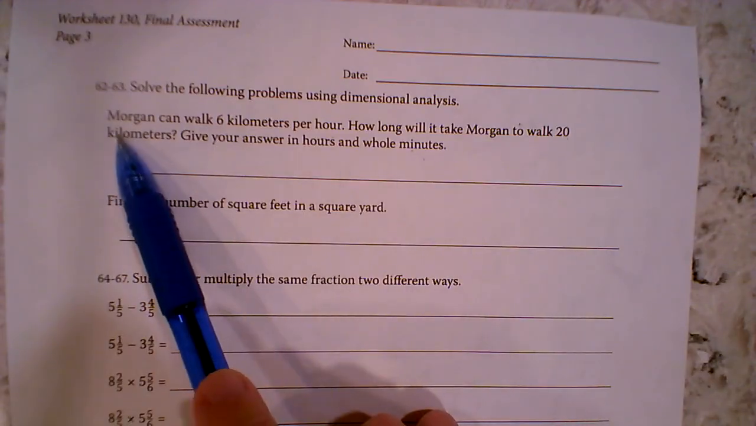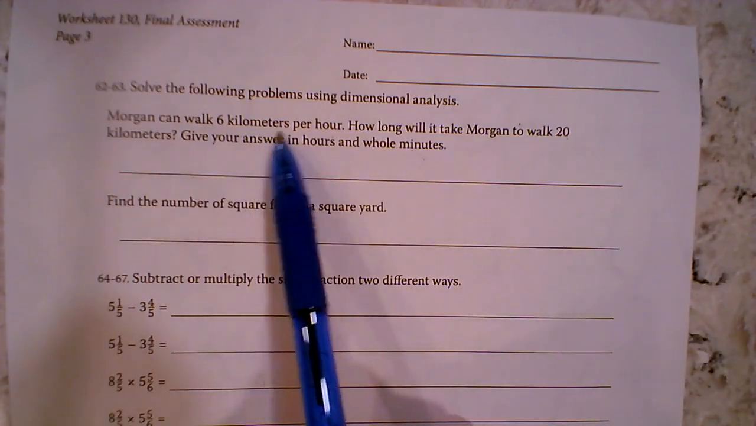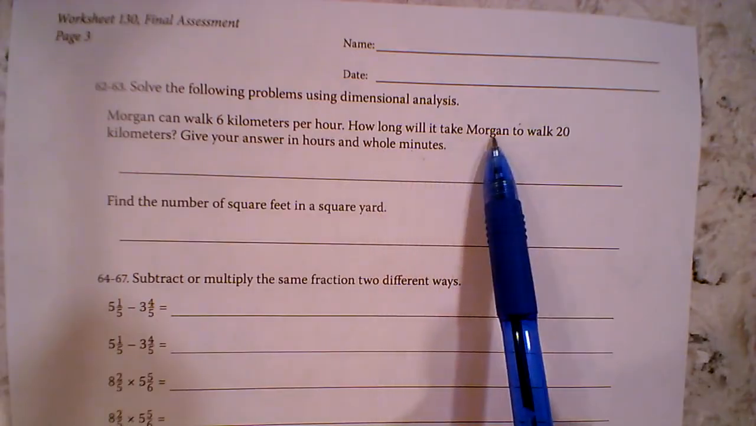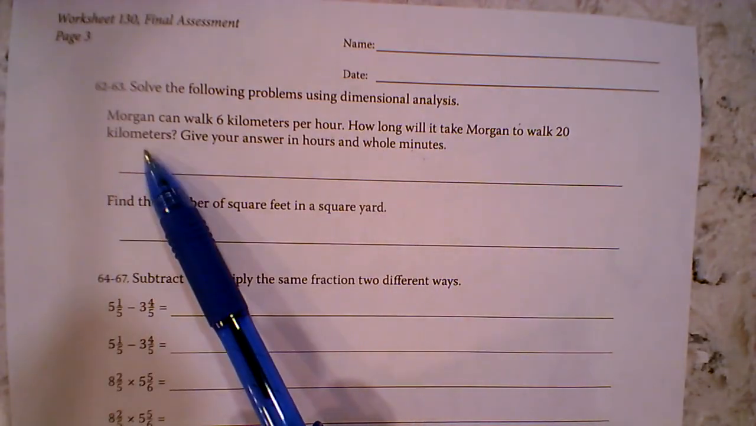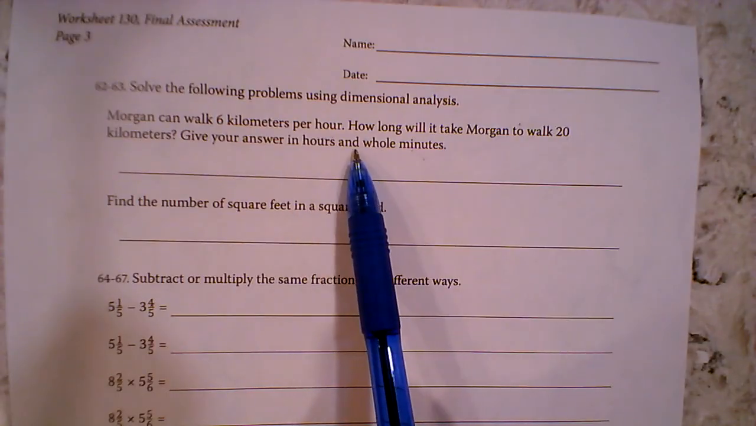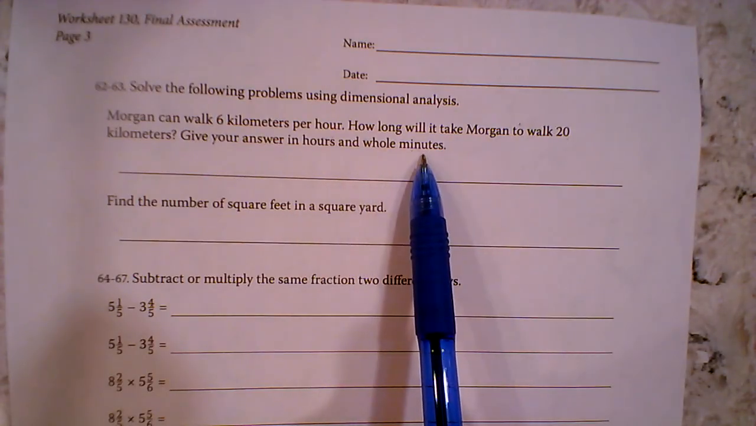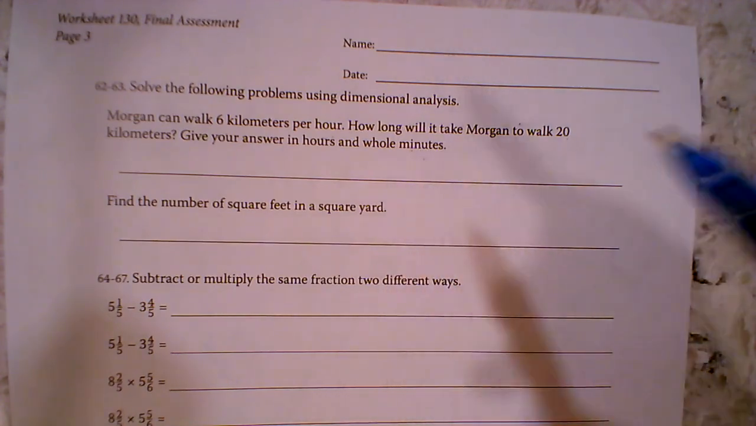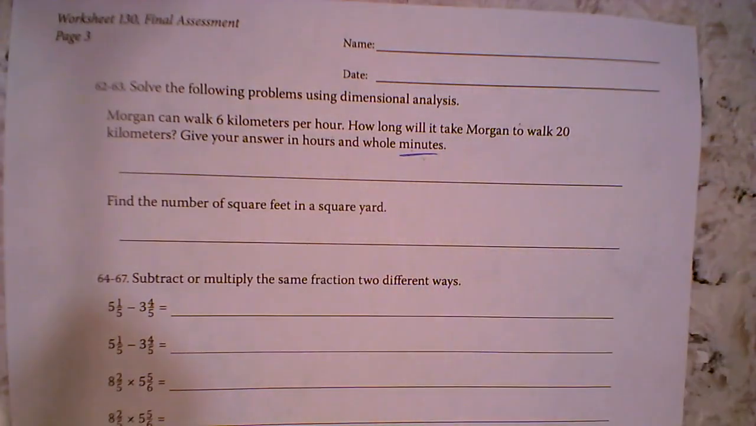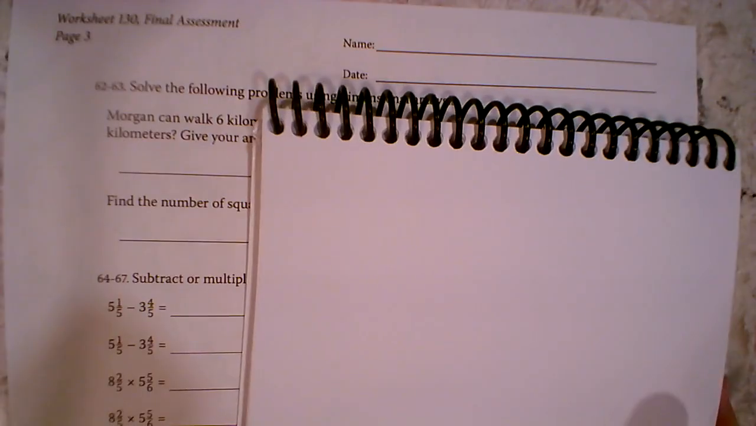Let's read the first one. Morgan can walk 6 kilometers per hour. How long will it take Morgan to walk 20 kilometers? Give your answers in hours and whole minutes. This is going to be the smallest time unit that we are going to use, so I'm going to pay attention to that. Okay, so I'm going to get my paper out and mark down what it is that I